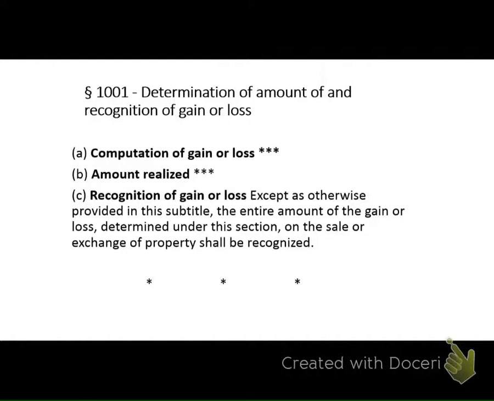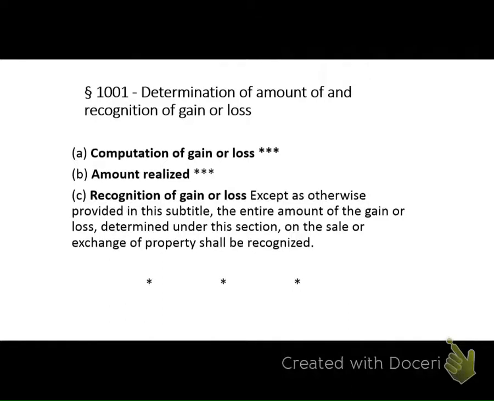So looking at 1001(c), a little bit new for us, recognition of gain or loss. We've been talking about realized, amount realized, gain realized. We talked about realization events when we were looking at Eisner v. Macomber. What constitutes a realization event? This idea of the income being separated from the property, right? We're taxing income under Section 61 and under the constitutional amendment, but we don't have the right to tax property.